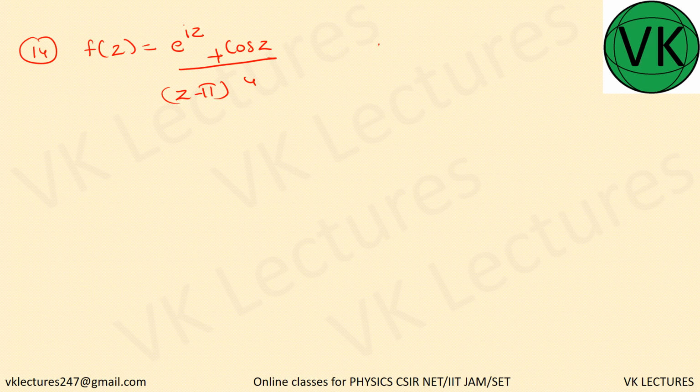So we got the residue at z equal to pi is equal to 1 by 3 factorial, that is 1 by 3 into 2, limit z tends to pi